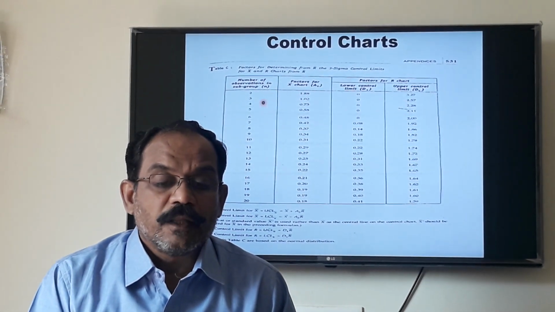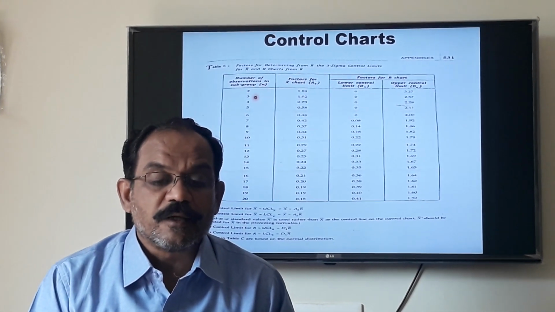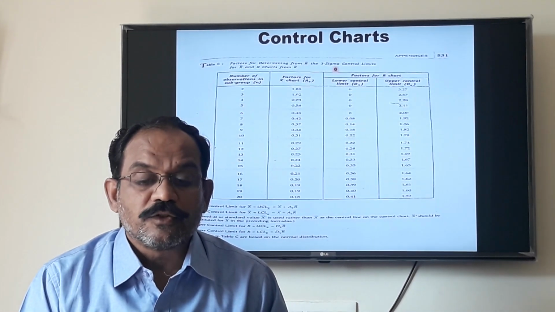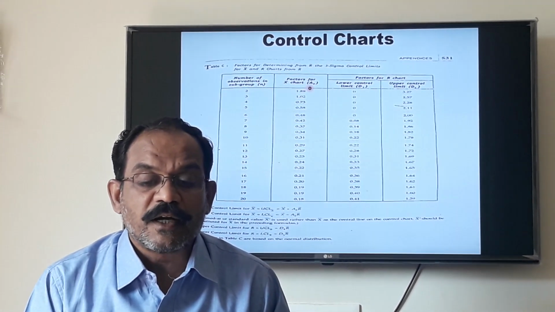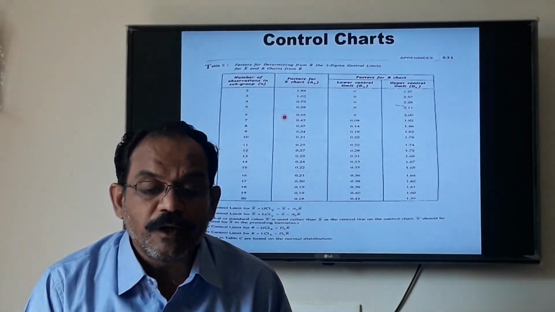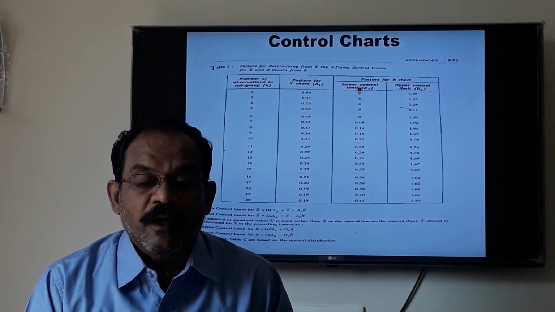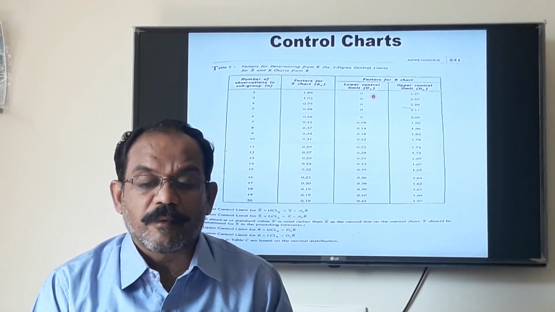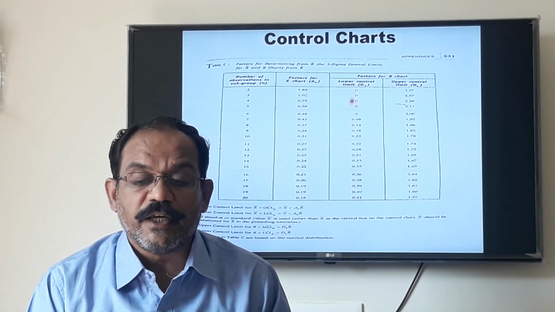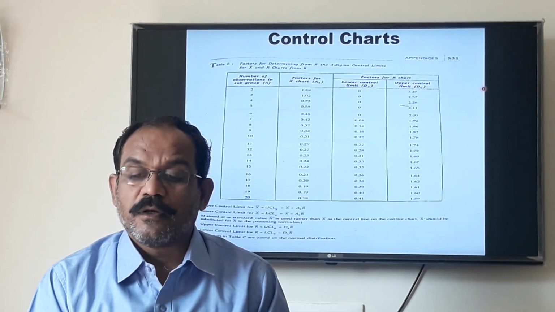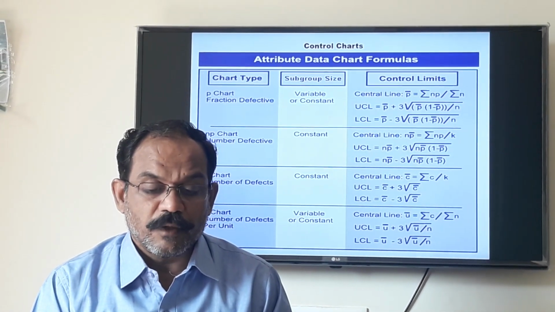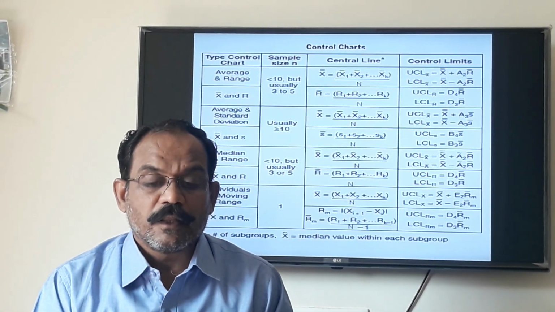Here, the number of observations in a subgroup is 5. So the factor for the X bar chart, the value of A2, is 0.58. Now the factors for R bar are the D3 and D4 values. I will go back to the previous slide again. Now in this slide